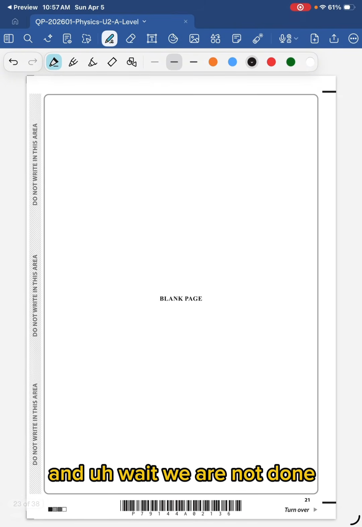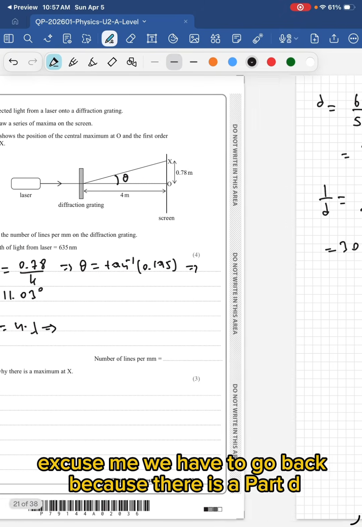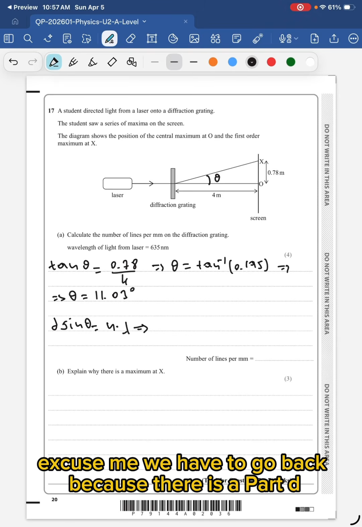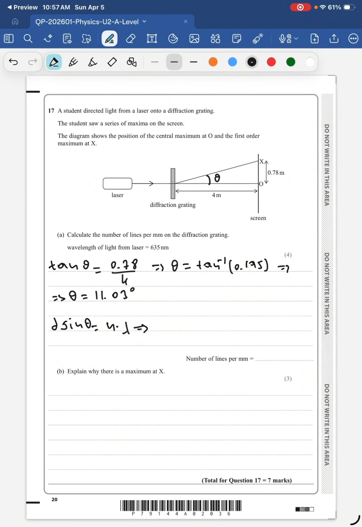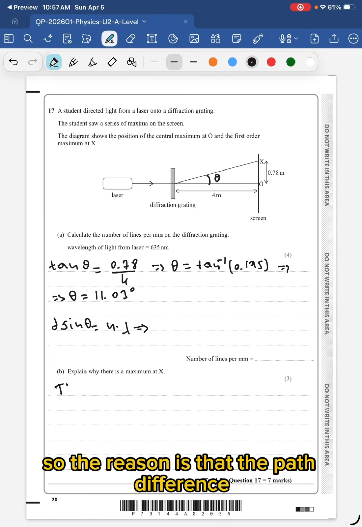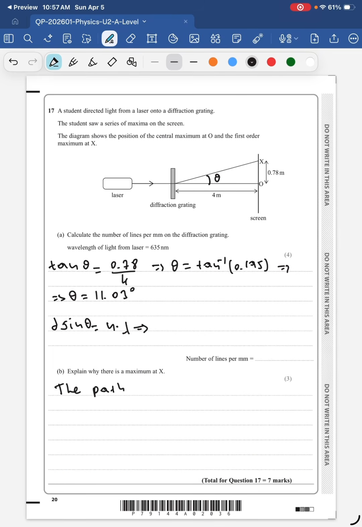And wait, we are not done. We have to go back because there's a part D. Explain why there is a maximum at X. So the reason is that the path difference between waves from adjacent